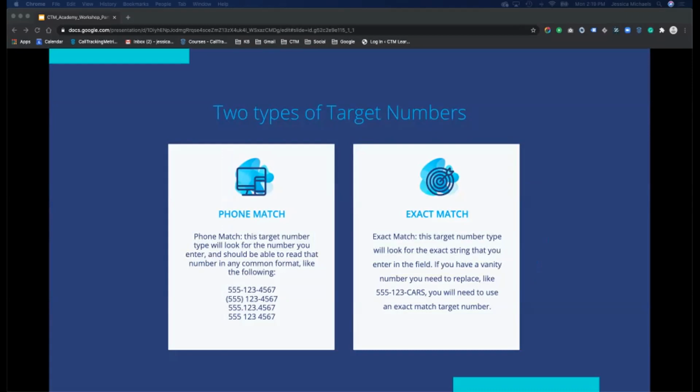So we have 2 different types of target numbers in our setup. The default is going to be phone match. Phone match is great because it's going to be the most forgiving. So as we can see here, there's all these different formats. It's going to recognize the number no matter what format you have. While exact match is going to be a lot more strict. It's only going to swap